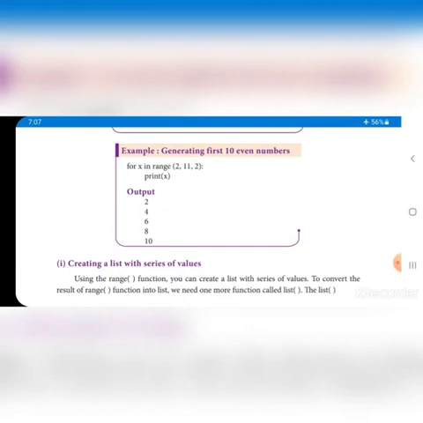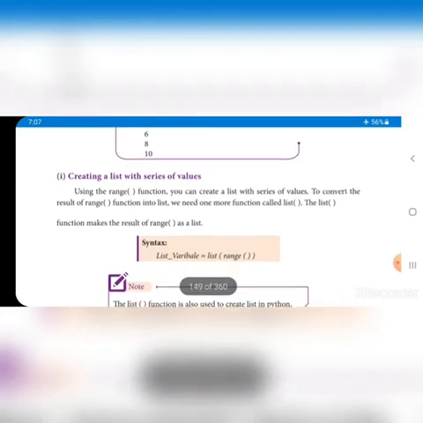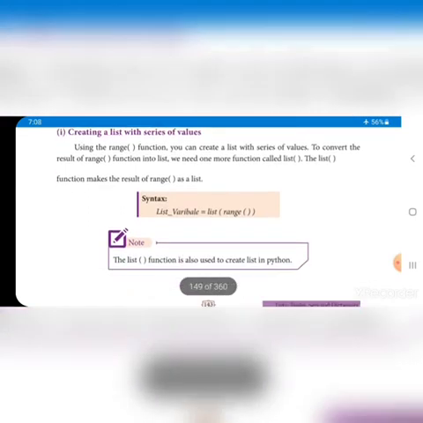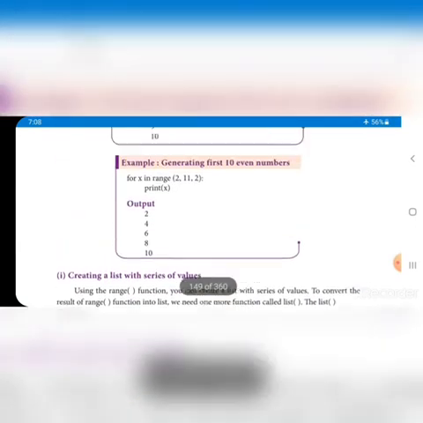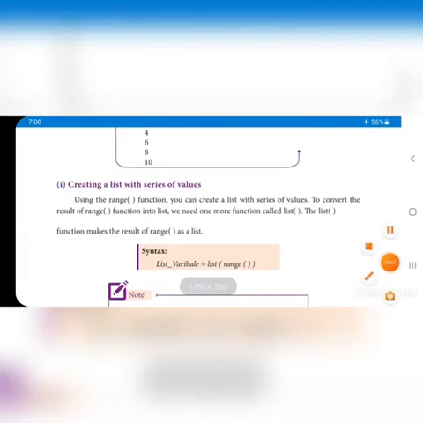That means it starts with 2, ends before 11, that means up to 10, and the step value is 2, so 2, 4, 6, 8, 10, like that the values are printed, right? And creating a list with a series of values, we will see in this range.